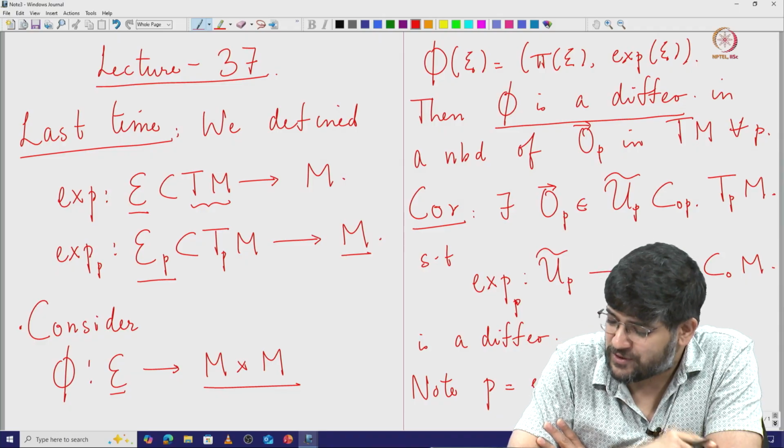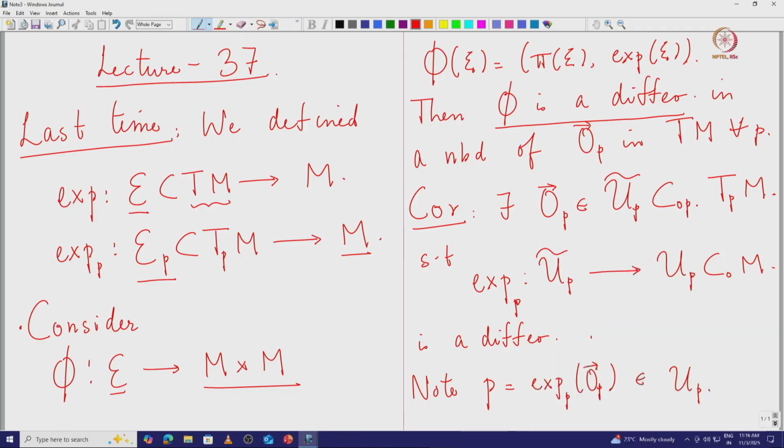So the consequence was that if you localize at a point P, then there exists a neighbourhood U P tilde of the 0 vector in the tangent space at P, such that the exponential map on U P tilde is actually a diffeomorphism onto some open subset of M, okay. And note that because the exponential map evaluated at the 0 vector is P itself, this will be an open neighbourhood that contains the point P,